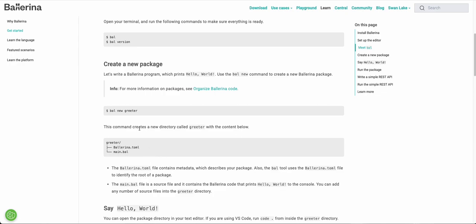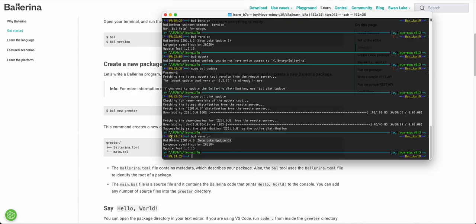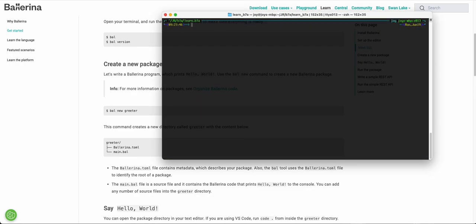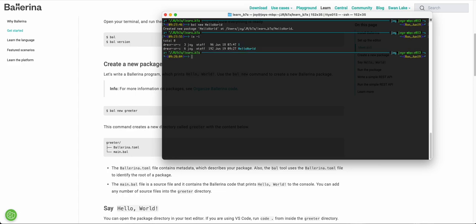So as you can see, let me go to my command prompt and first of all clear it, and I can say bal new hello world, and it creates a new package. It says created a new package called hello world at this particular location. And if you give the ls -l command to list,